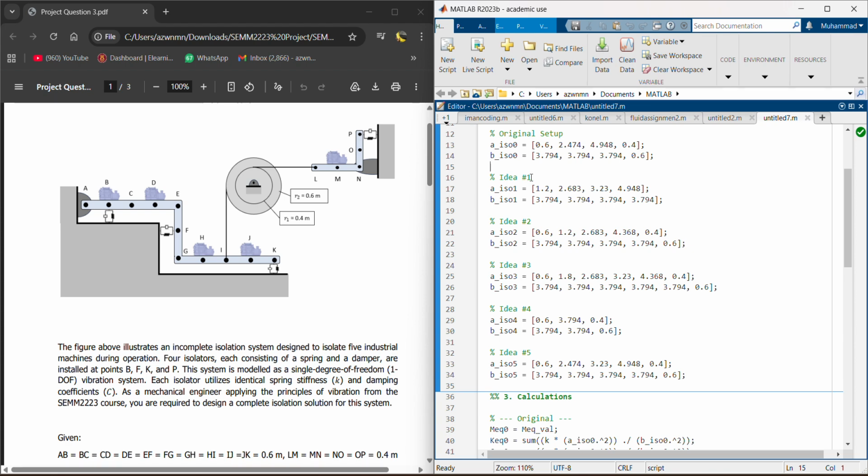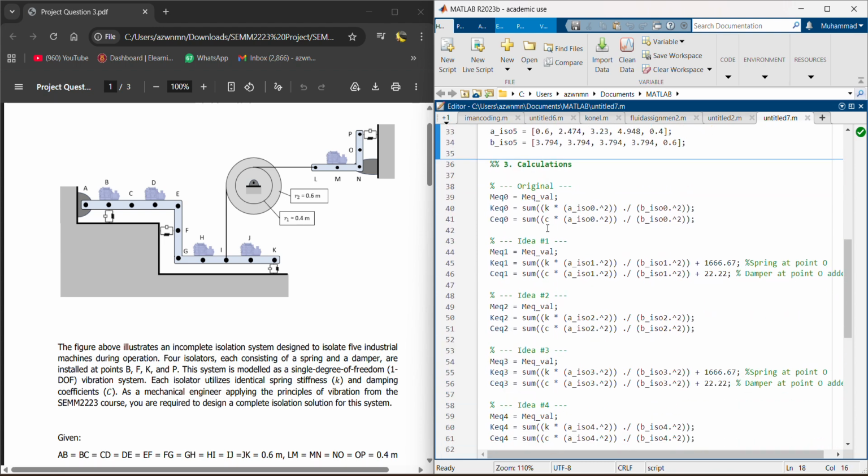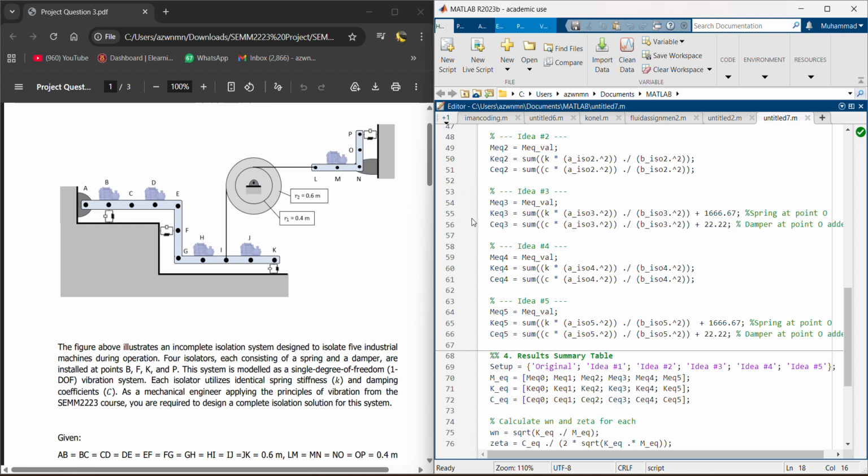For idea 1, it is also the same according to the value. This is the value from the damper to the point of rotation, and this is the value of I to the point of rotation, taking the point as the hypotenuse. In this coding, lines 35, 36 until 67,